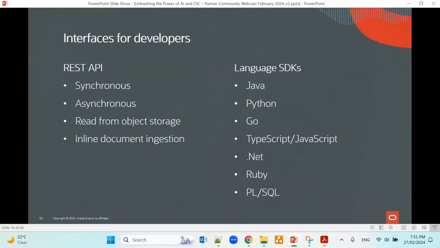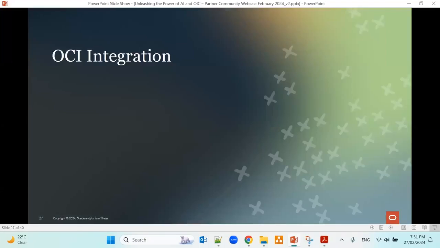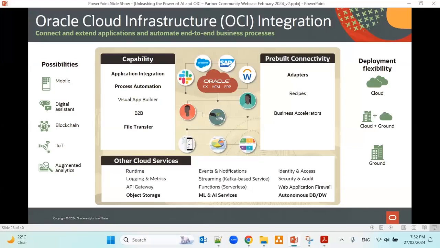Okay, so now how are we going to use this with integration? When it comes to Oracle Integration Cloud, it has a lot of capabilities. We have integration, process automation, Visual Builder, B2B, and so on. And always when we talk about Integration Cloud, we say it is very strong because of the different capabilities in Oracle Cloud Services. Today we are looking at one of those services, the Document Understanding Service, which is part of our large set of OCI services, and how we can easily expand our integration use cases, automation use cases,